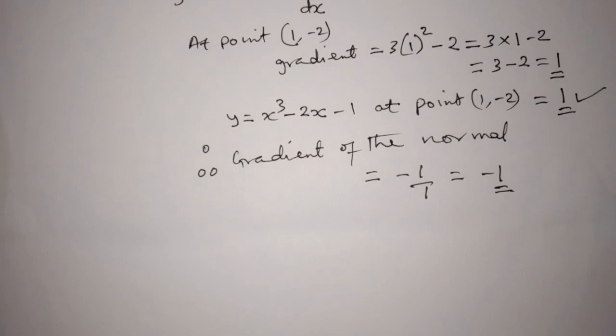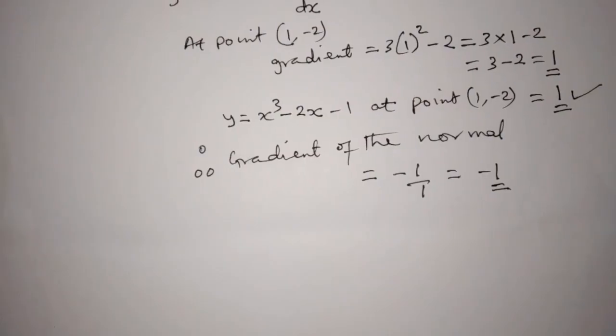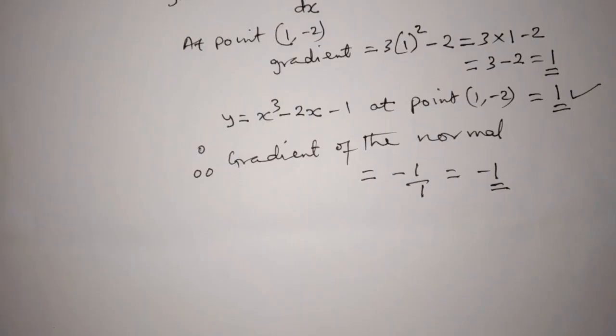A normal to a curve at a point is a line perpendicular to the tangent to the curve at that particular point. So now we can say that